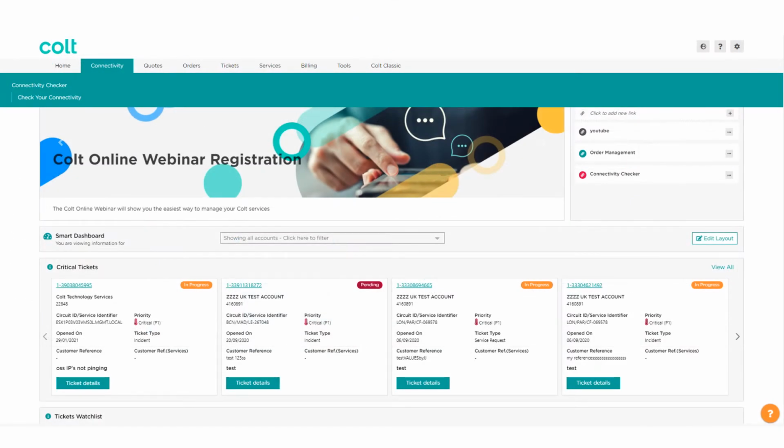Today we will also look at various modules from the menu bar. First, I will give a brief overview of the options, and then we will dive into each of them with more detail. The very first on our list is the connectivity checker, available by default to all Colt Online users. It allows you to check Colt internet availability with autonomy, and it's very easy to use. This tool also allows you to upload multiple addresses using a predefined Excel template and check connectivity online and download the results.